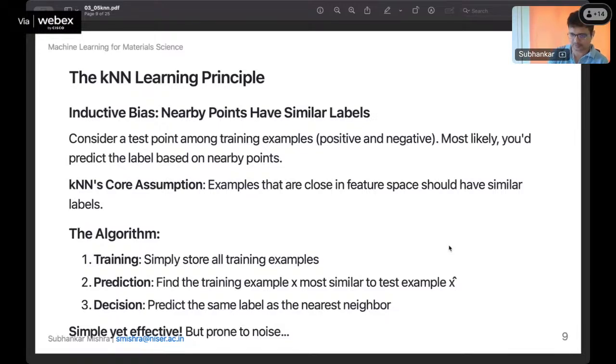So you will consider a test point. I'll give you training data points on the space, whatever you have, and there I will give you a new point. I will ask you, is it positive or negative, or any other class? It can do multi-class as well, not an issue. So the core assumption is if my points are closer, then they probably have the same label. That's the goal. And the algorithm is, store all the training examples, take a point, find the most similar